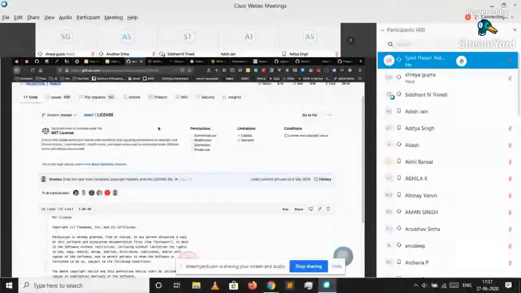warranty limitation and has a liability limitation. So there is a nice website known as choosealicense.com. So when you start an open source project and you think, which license should I choose for my project, you can go to this website known as choosealicense.com, and here you have some options like if you need